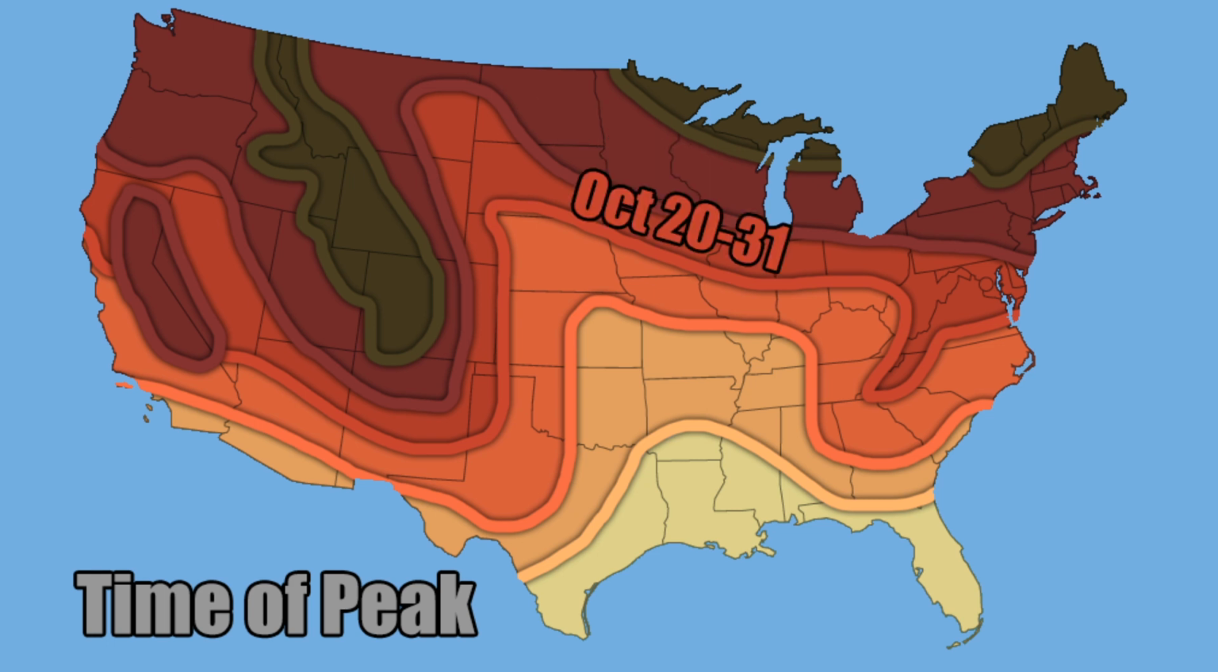Now, here is from October 20th to 30th to 31st, so from the 20th of October to the last day of October. This is in this kind of orangish reddish color. This is where you expect to get your peak of fall foliage in that time frame,